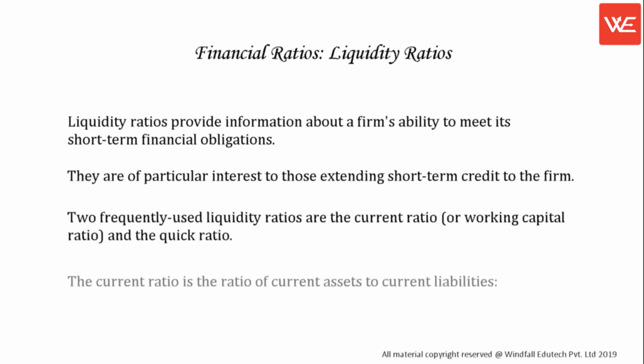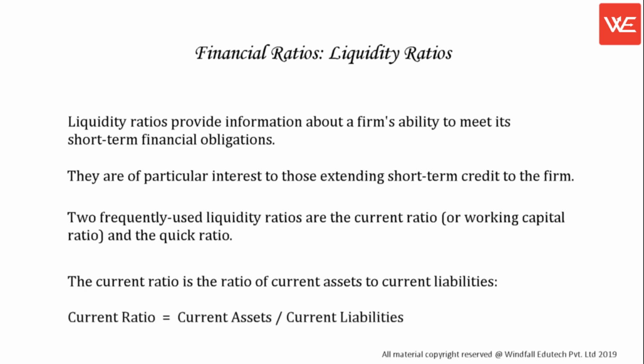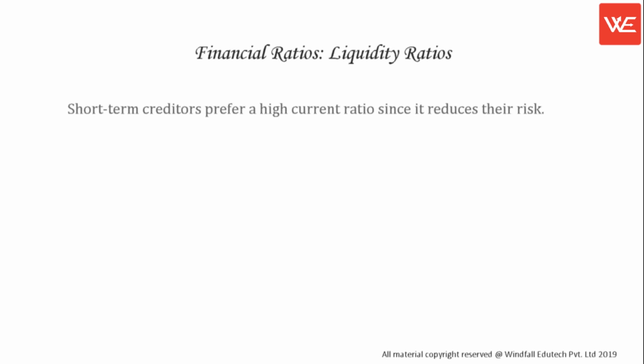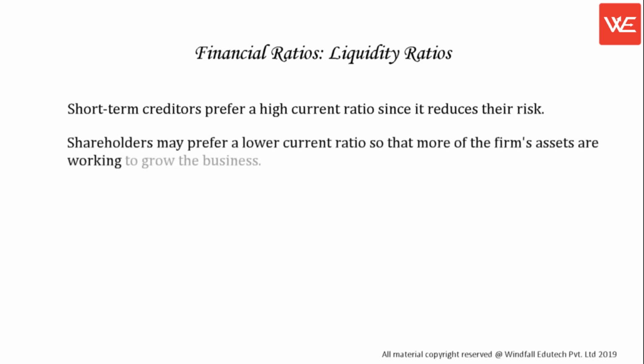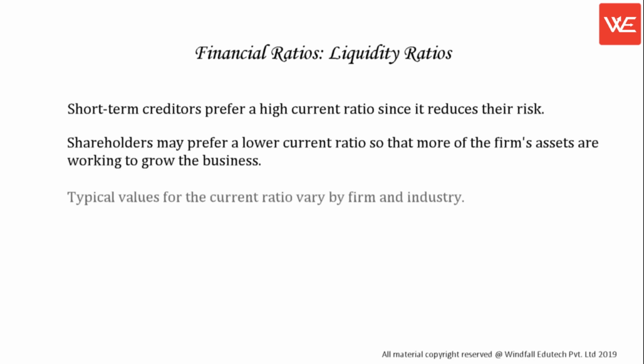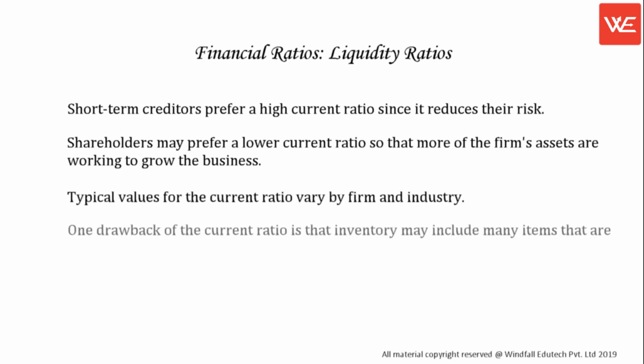The current ratio is the ratio of current assets to current liabilities. Current ratio equals current assets divided by current liabilities. Short-term creditors prefer a high current ratio since it reduces their risk. Shareholders may prefer a lower current ratio so that more of the firm's assets are working to grow the business. Typical values for the current ratio vary by firm and industry. One drawback of the current ratio is that